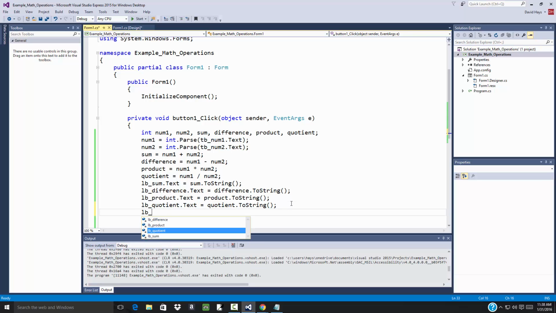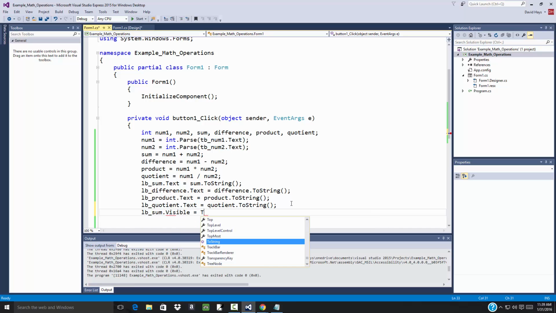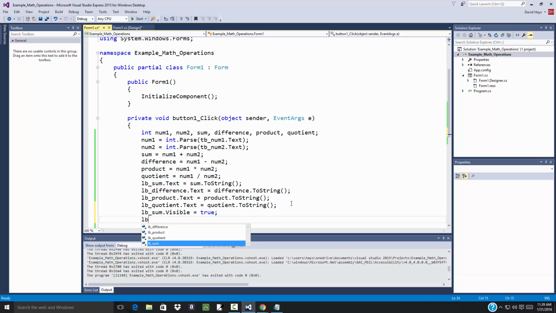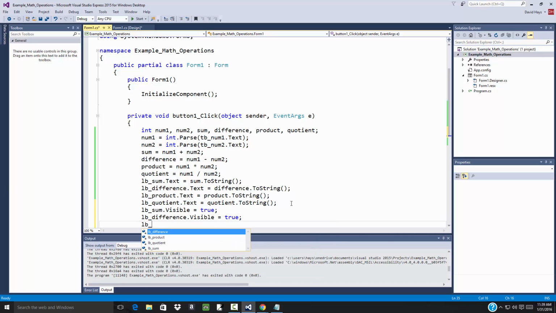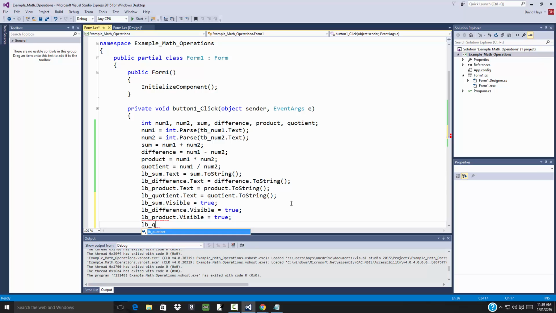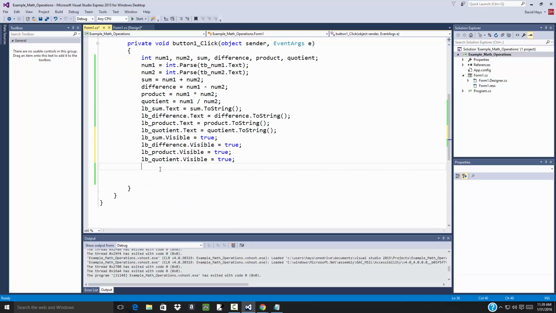So I'm going to say lb underscore sum dot visible equals true, I think it's uppercase T, lowercase. Okay, I'm lying. lb underscore difference dot visible is equal to true. lb underscore product dot visible is equal to true. And lb underscore quotient dot visible is equal to true. Okay, now if I run this,